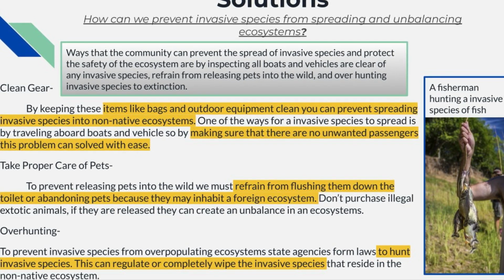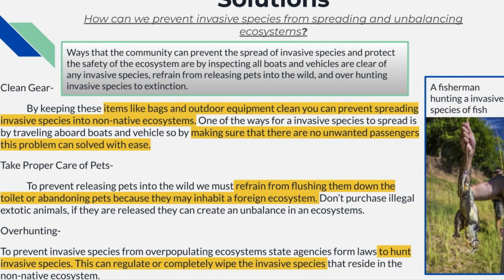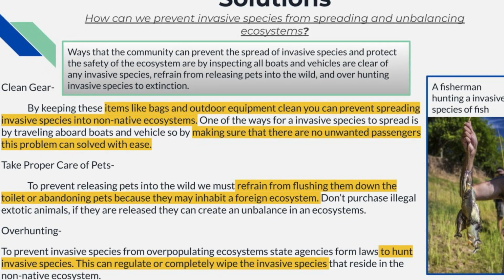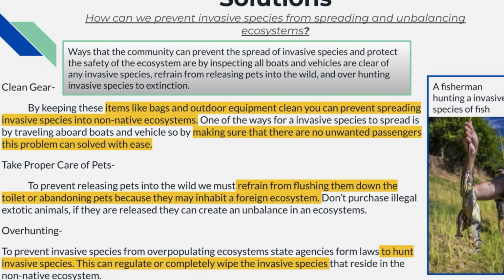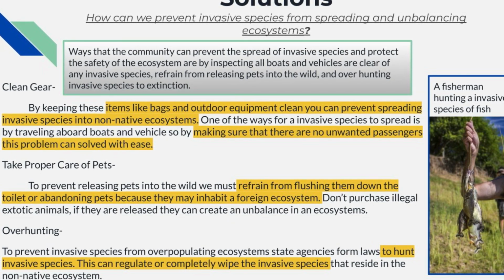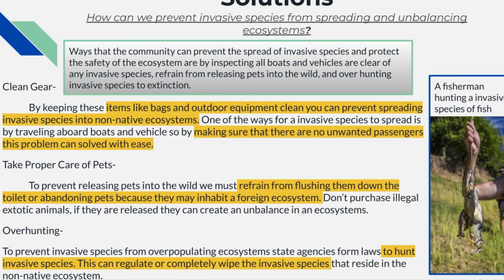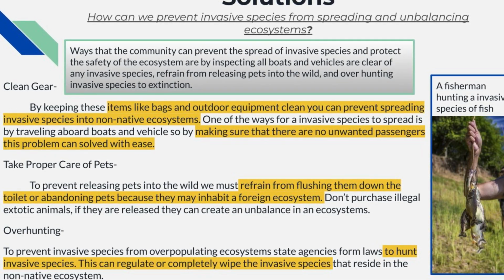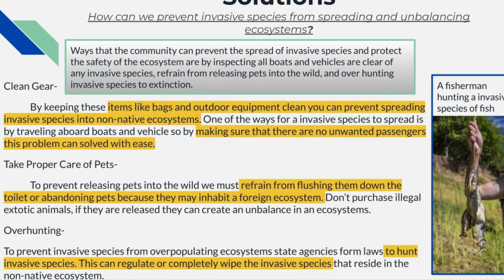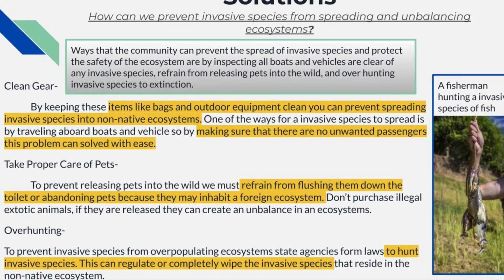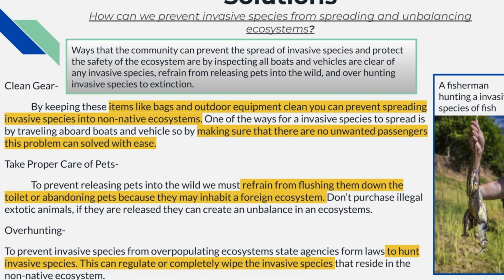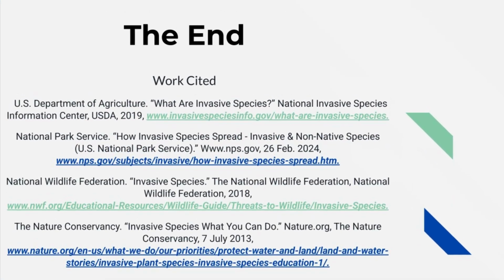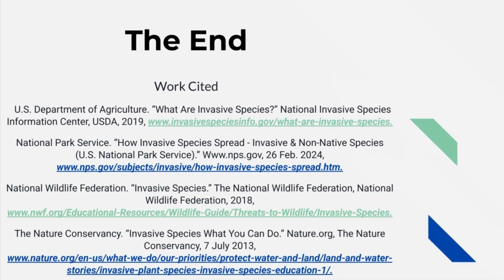Second, we should take good care of our pets. Never release them into the wild. And avoid buying illegal exotic pets, because they can cause huge problems if they escape or are set free. In some places, governments encourage controlled hunting of invasive species to help remove them from ecosystems. This can help native species recover. The key is being aware and responsible when we travel, buy products, or spend time in nature. In conclusion, human actions like producing greenhouse gases and spreading invasive species can seriously